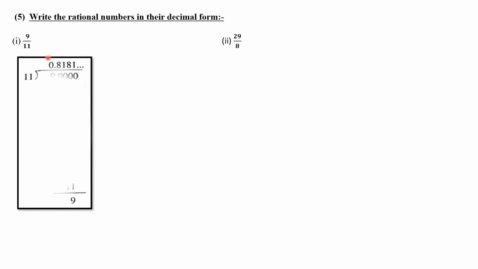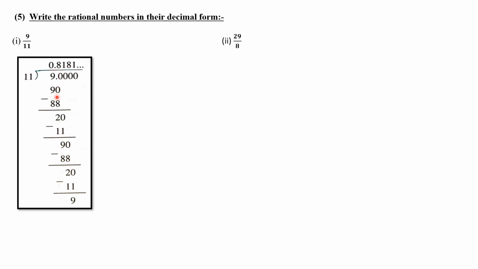Question number 5. What is given in question number 5, students? Write the rational number in the decimal form. To write a rational number in decimal form, we have to divide it. So the first one is 9 upon 11. So you have to divide it. 11 outside, put 9 inside. This is the dividend. I've taken the decimal over here only, 9.000. You can take it like that. So 11, the first will not go. It is 9, it is less. So 11 zeros are 0. So put the decimal point above in the quotient part.